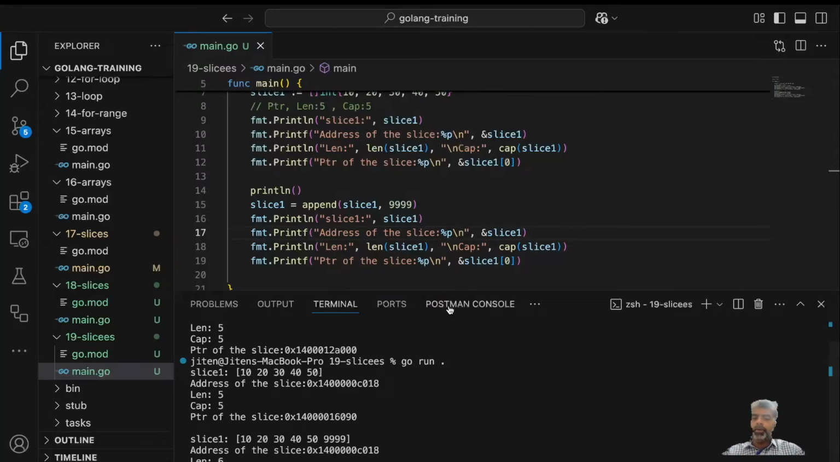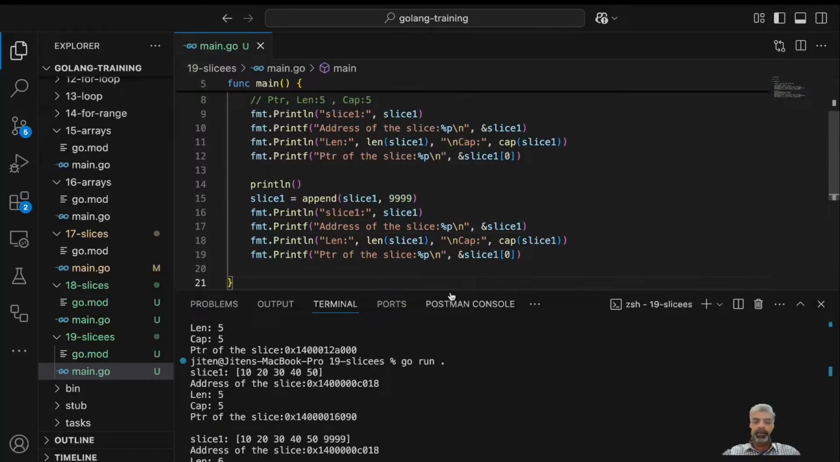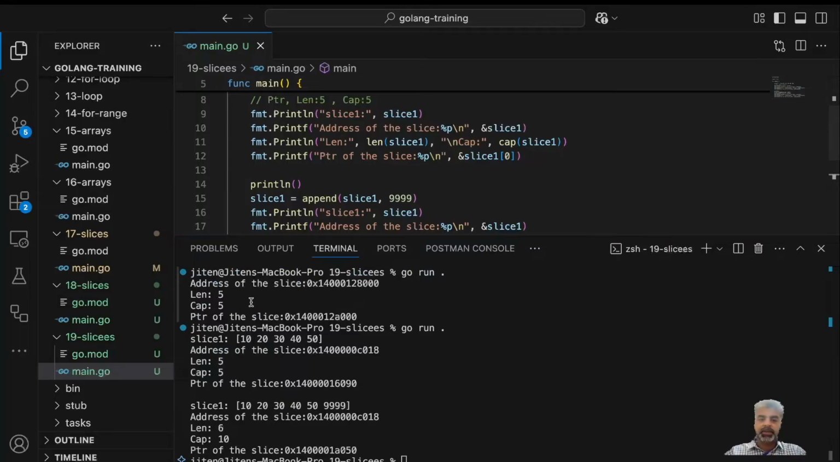So the moment you append to the slice, you see that this is the address of the slice. The moment you append, that means the header of the length gets changed. Append function, what happened? It's trying to increase the size of the slice. It goes to the append function. The moment you use the append function, what happened is